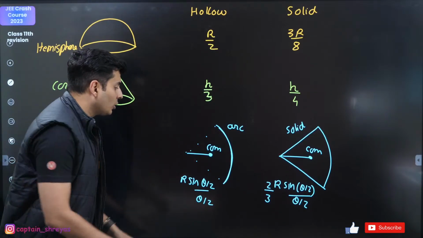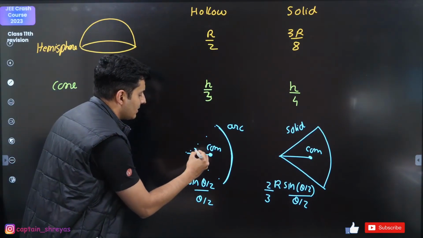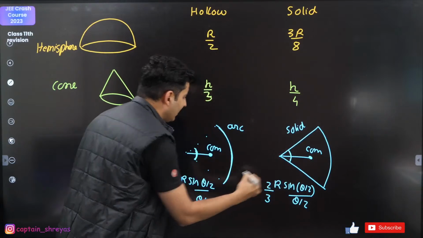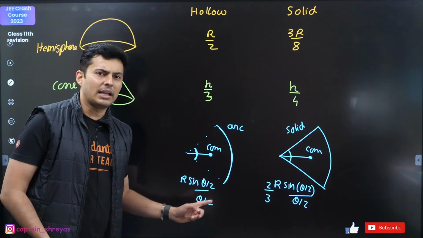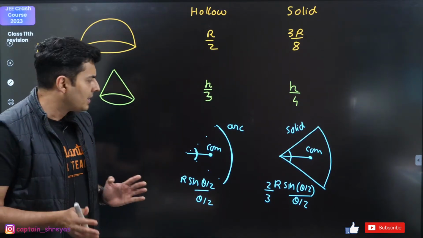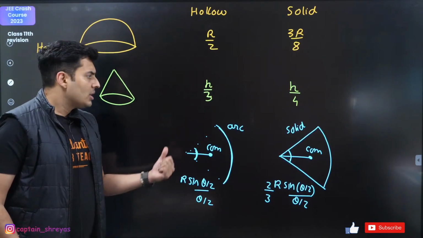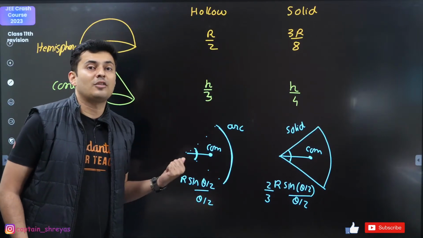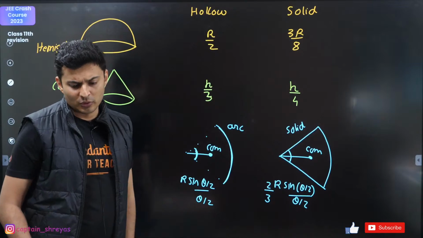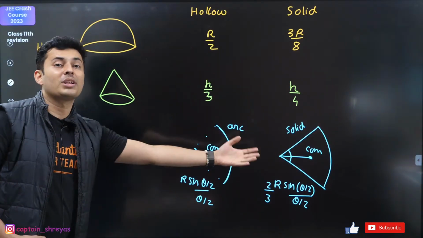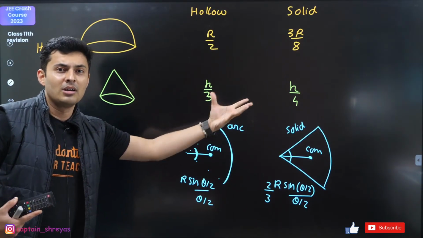Now theta is the total angle. Please remember that. If you take half angle, then you just put sine theta by theta. Theta is obviously in radians. You can also use this formula for finding the center of mass of a semicircular disc or a quarter of a circle and so on. Just put the value of theta. This is a more general formula, rather than learning individual formulas by heart.